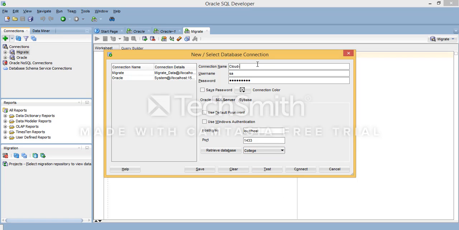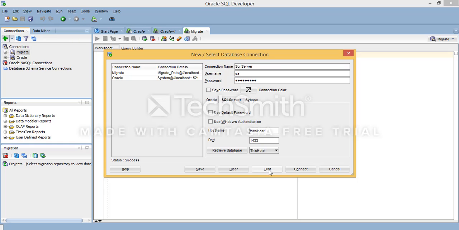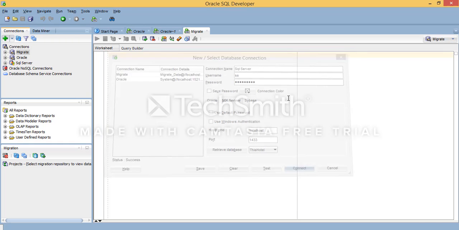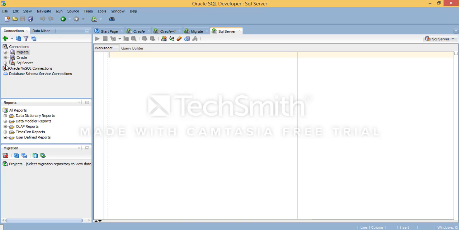You can see you are able to retrieve data from SQL Server. I just created a database. What name? This hotel. Okay, test success, connect. Now you can see that you are successfully connected with the SQL Server database here.